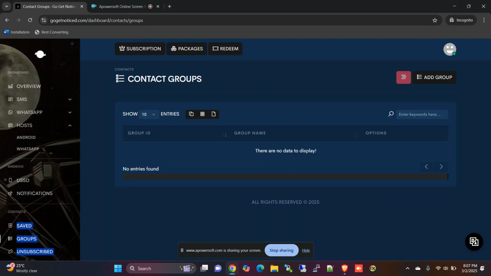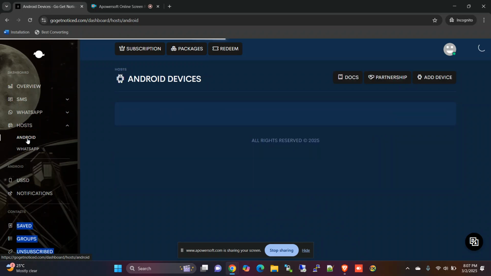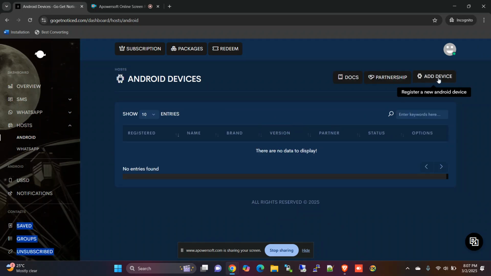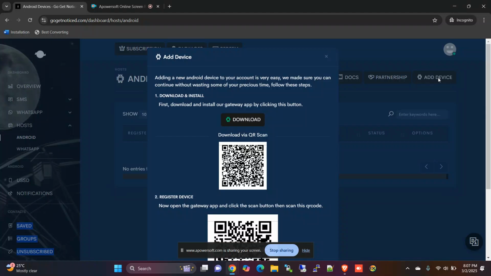So we have Go Get Noticed. We're going to look at how you can run your campaign from here. The first step, as always, is you go to Android, click on our device, and scan this QR code to download an app,